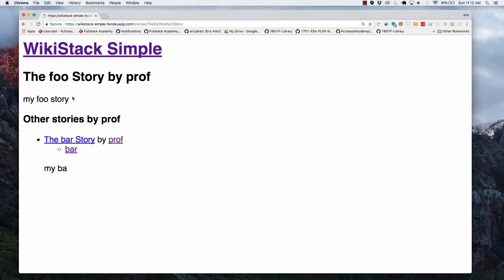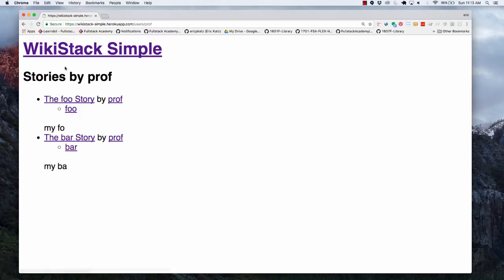you can see the story's slightly longer here. And I should probably have put some dots here. This is something we could do. You could also see my other stories. Notice that my foo story doesn't appear here. These are basically just every story that I have aside from that story. I could end up going into my bar story here, and then I'll see my bar story, and here's my foo story. So, the 2 different looks here are going to be the user,